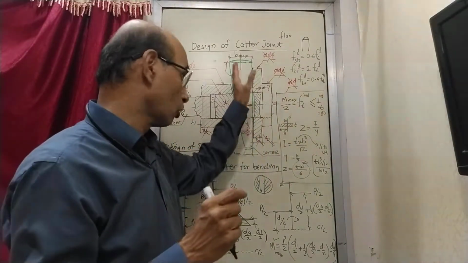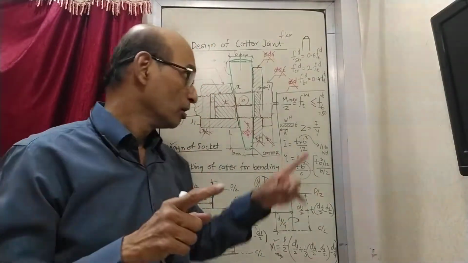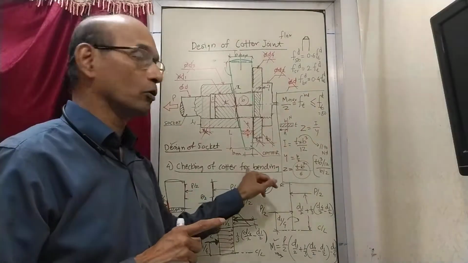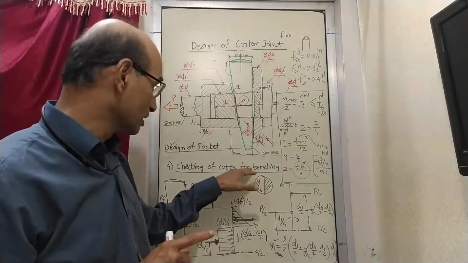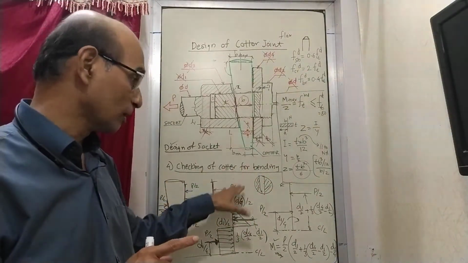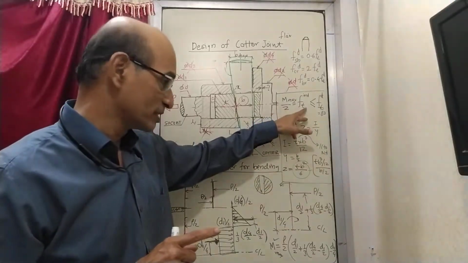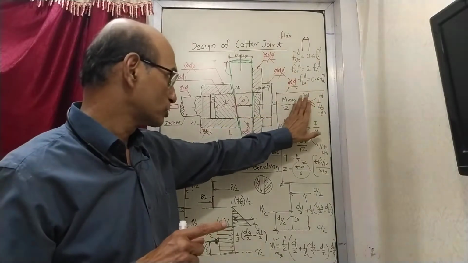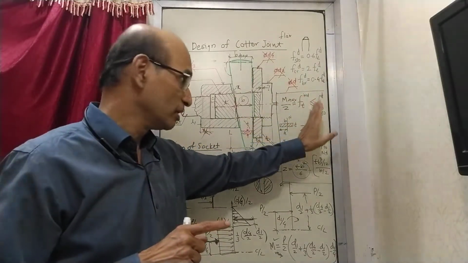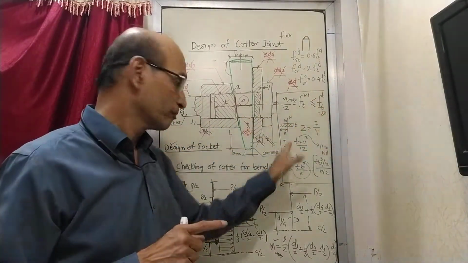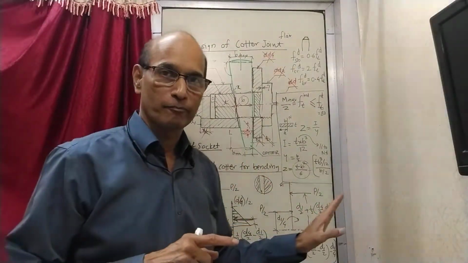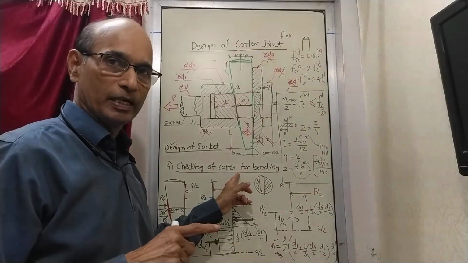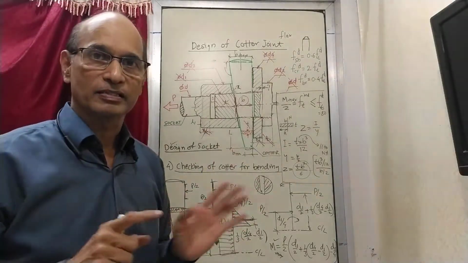That means you have designed the quarter, considering shear failure, found out the dimensions, and then because there was one more way of failure also existing, we have checked the stresses that are developed because of this other way of failure. These stresses, which were found out by this equation M upon Z equal to Ft, that is the bending stress, if it is less than the given stress, then this quarter is safe. That means it is not going to fail in bending. So that is how the entire exercise is carried out.